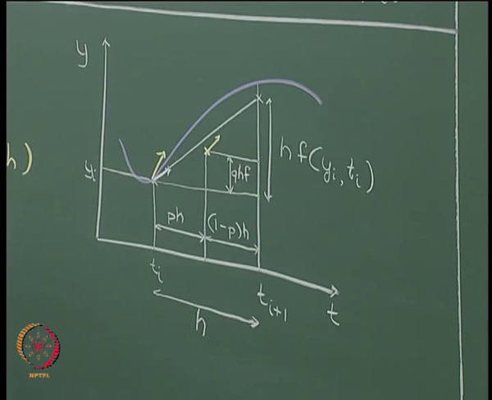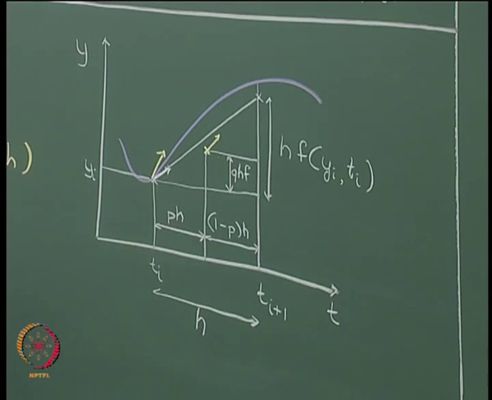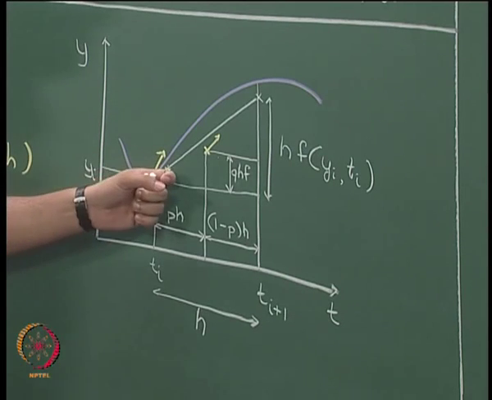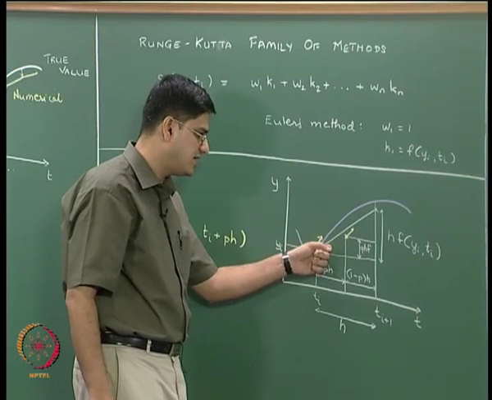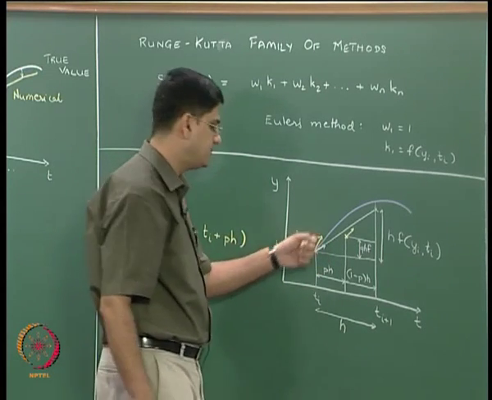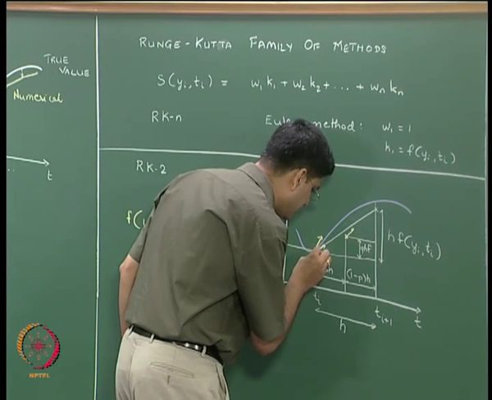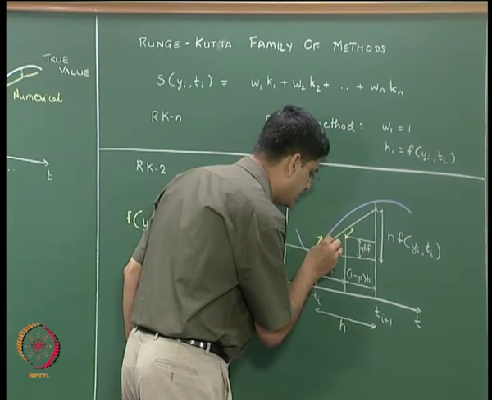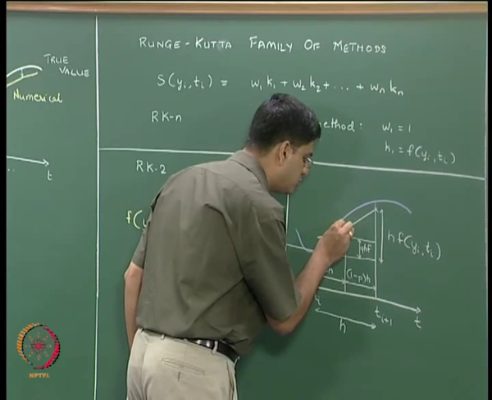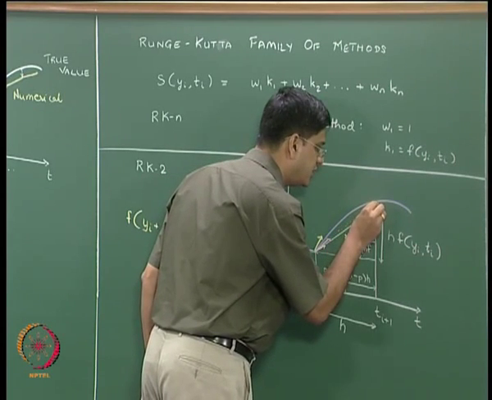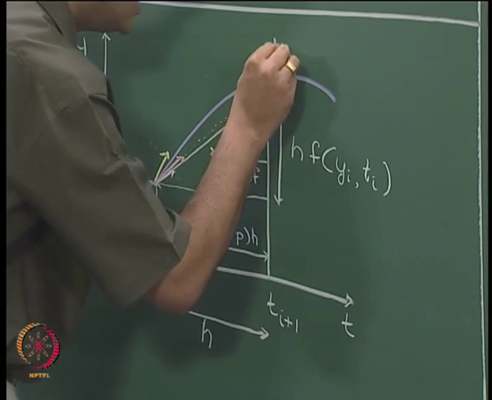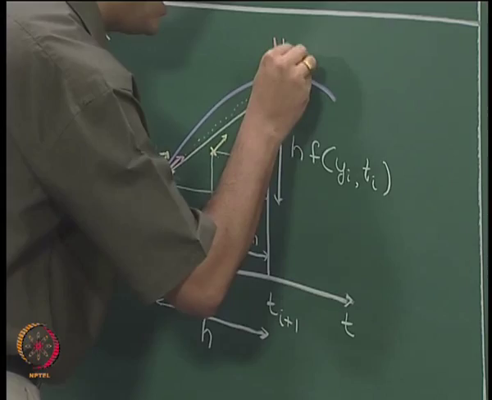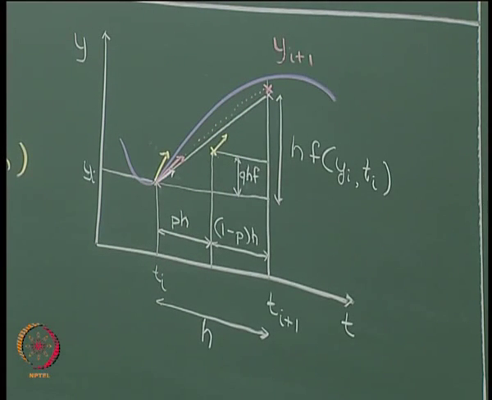Okay. And what the Runge-Kutta second order method is going to do is to find some kind of a weighted sum of this slope multiplied by w1 plus this slope multiplied by w2, and that weighted slope is what the RK2 method is going to use in order to project the point in the future, and the point that I am representing by the red x is going to be our yi plus 1. Okay. So, that is going to be the geometric interpretation of the Runge-Kutta method.